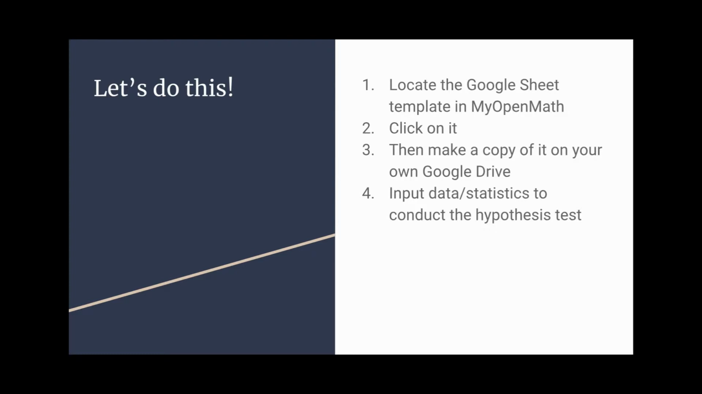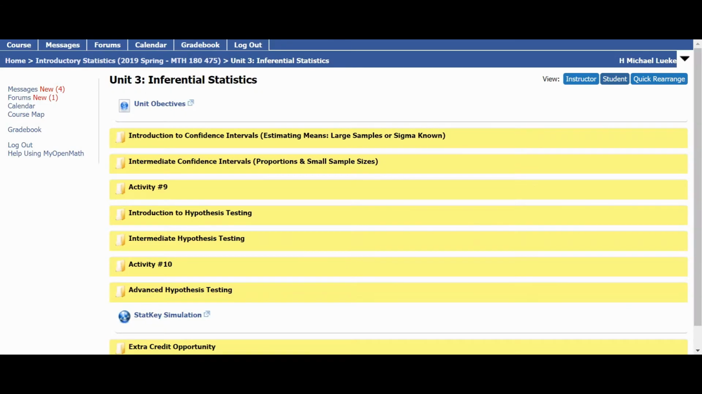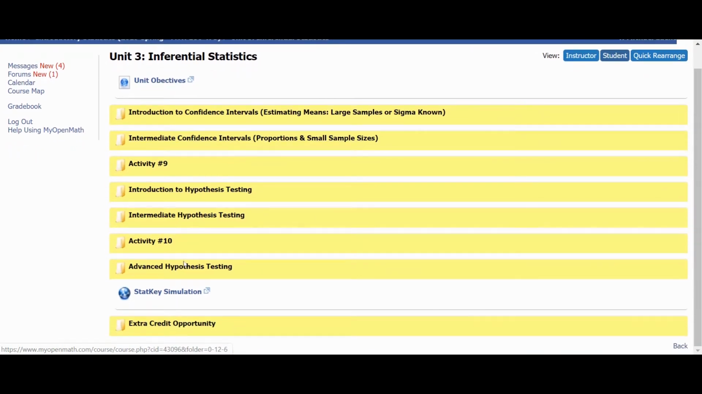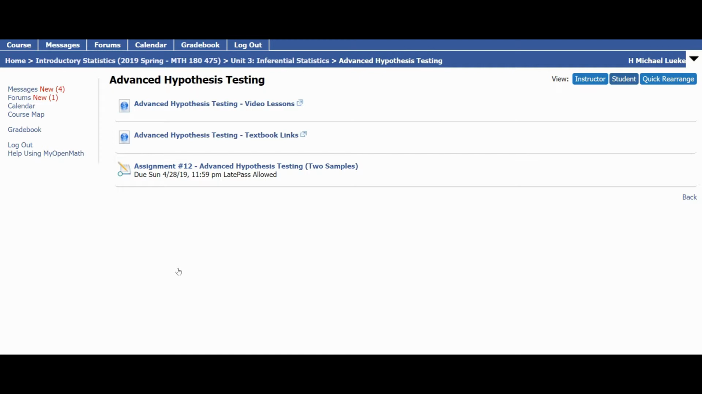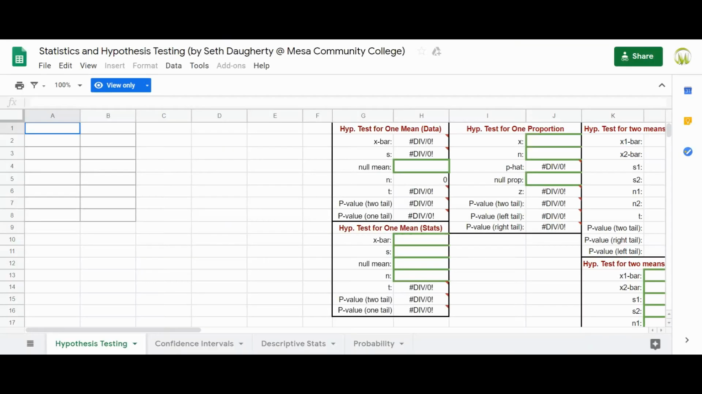So let's head off into MyOpenMath. If you're here in Unit 3 in Inferential Statistics, you're going to want to go to this Advanced Hypothesis Testing folder. And the link will be appearing here very shortly. As I'm recording this video, the link is not actually currently available. So when you go to the link, it will take you here, and you'll see a page like this